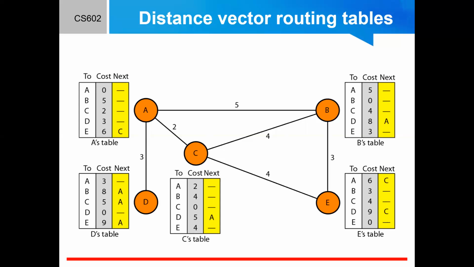We can think of nodes as the cities in an area and the lines as the roads connecting them. A table can show a tourist the minimum distance between cities. This is an example diagram. The table for node A shows how we can reach any node from this node. For example, our least cost to reach node E is 6. The route passes through C.